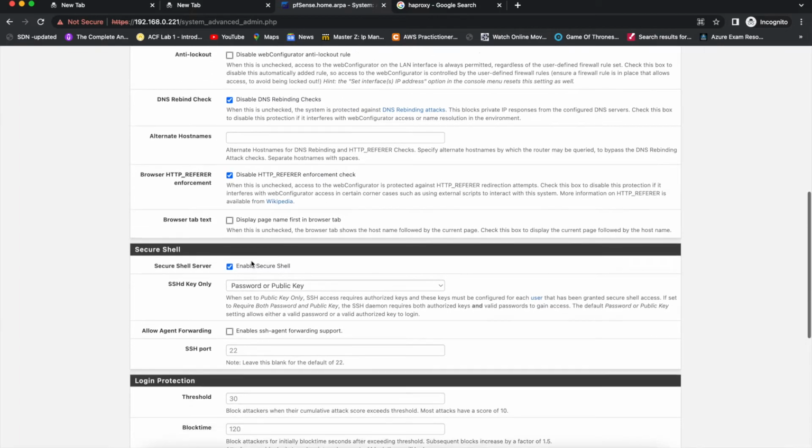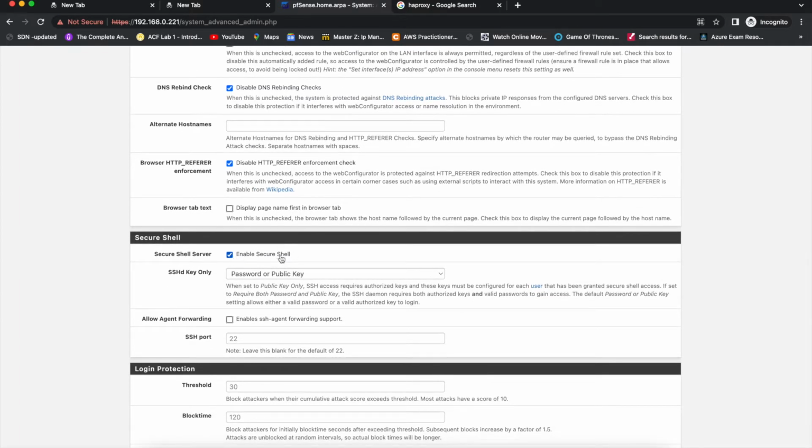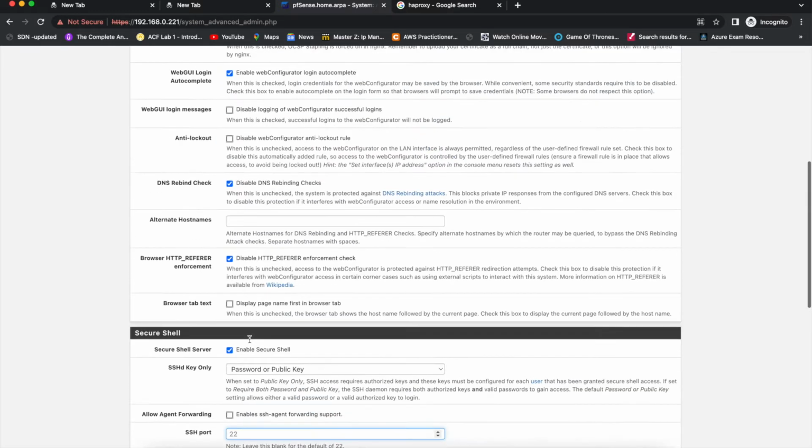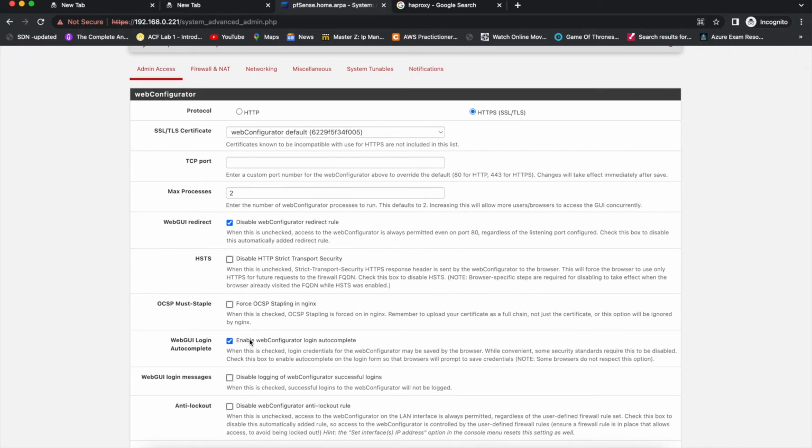We can enable the secure shell, which is the SSH access, from there. We can change the port as well. For security reasons, if I want to change the port of my pfSense firewall, I can do that. For example, if I want to give this firewall port number